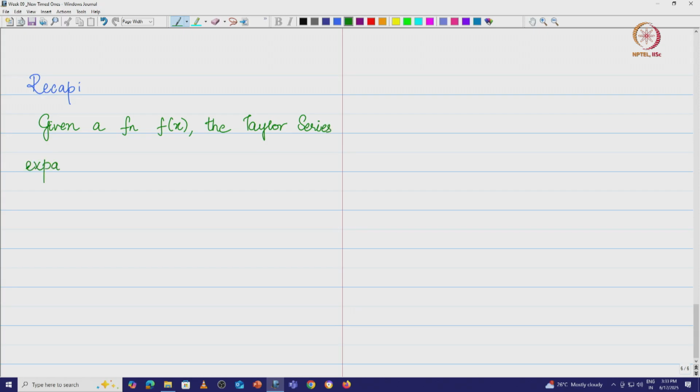Of course, we have to look at the idea of convergence, which I have not touched upon. That itself is a pretty big topic. So, what we will do is just look at functions for which we have the Taylor series right now. So, the Taylor series expansion of f of x at a point x naught is given by